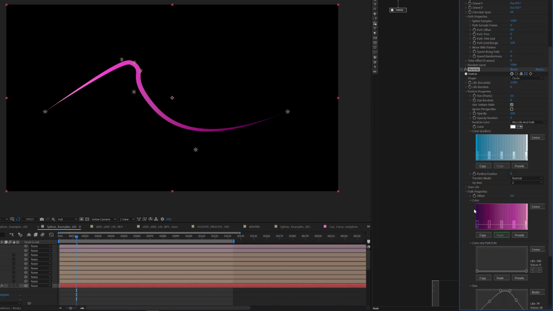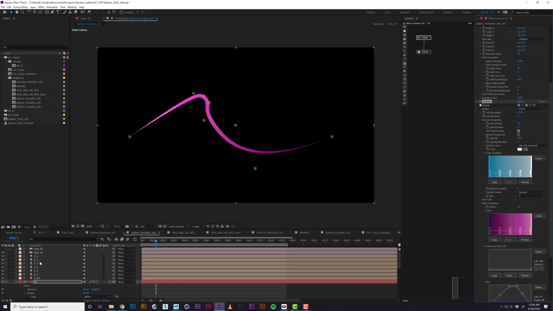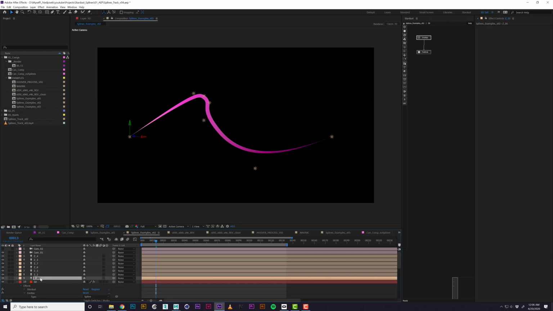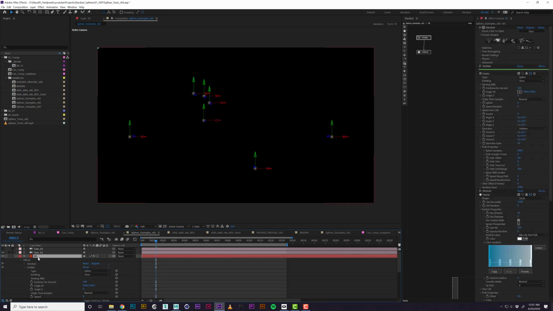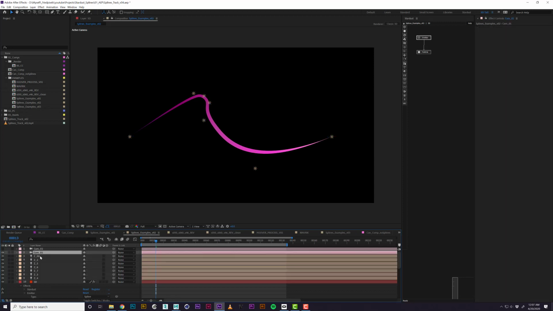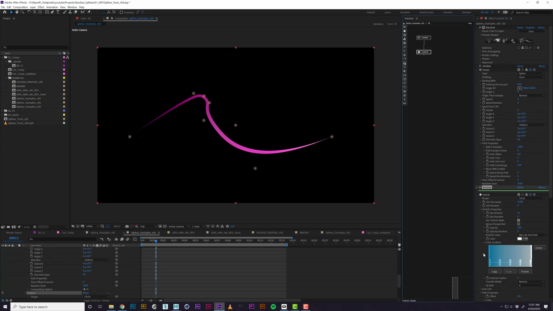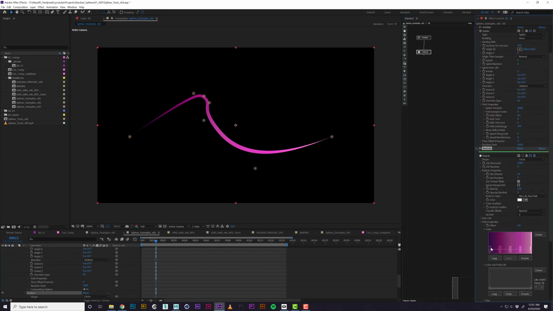What you do notice is that it's kind of reversed right now because it is dependent upon the layer order. So if we grab these and cut and paste from the bottom up, it'll paste them in reverse order. And now our gradient will match what we're seeing over here, which is dark to light, dark to light. So that's cool.